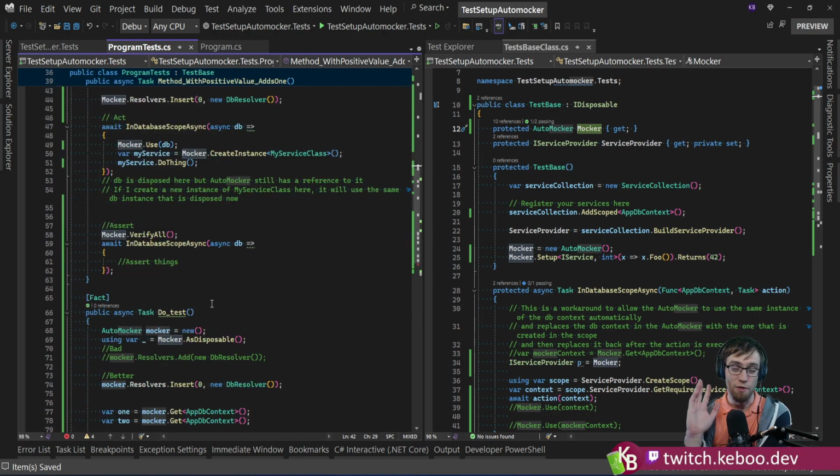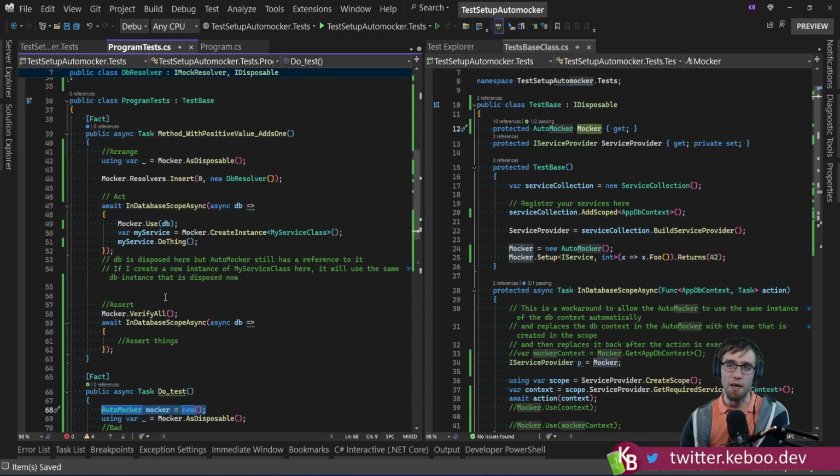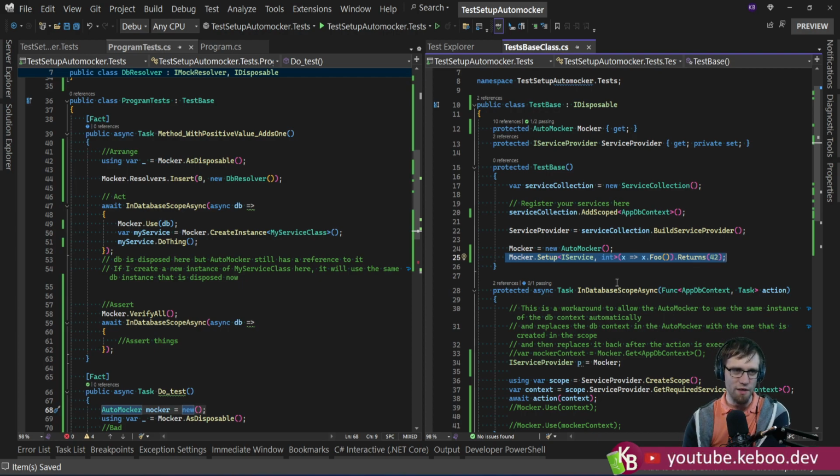Which is correct, right? This line is duplicated on every single one of the tests that I write. I duplicate that line every single time, only because by putting it here, it encourages people to do stuff like this. And this is almost always going to be wrong. Not always, but it is rare for me to see some sort of setup on AutoMocker that is actually true